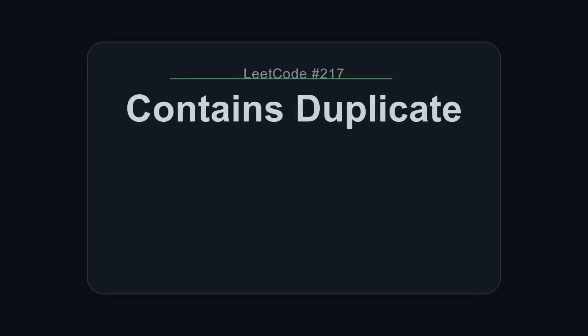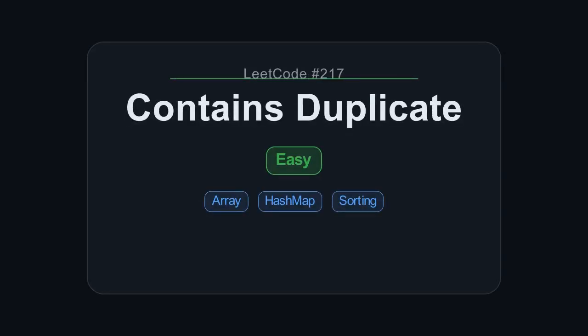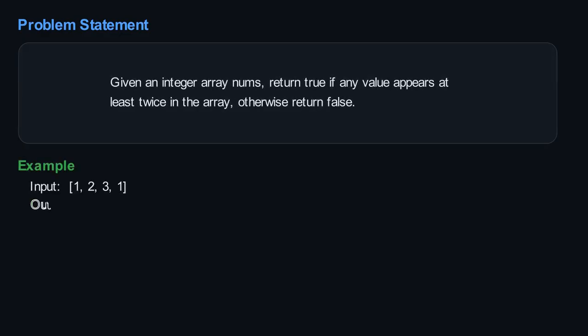Checking for duplicates looks like it needs a nested loop, but there's a hash set trick that does it in one pass. You're given an integer array and need to return true if any value appears at least twice, otherwise false. For example, with the array 1, 2, 3, 1, the answer is true because the number 1 shows up